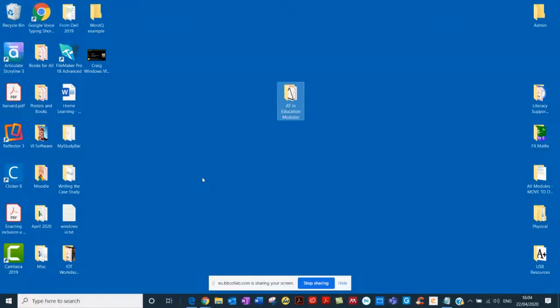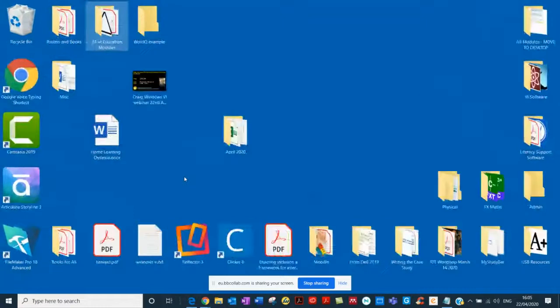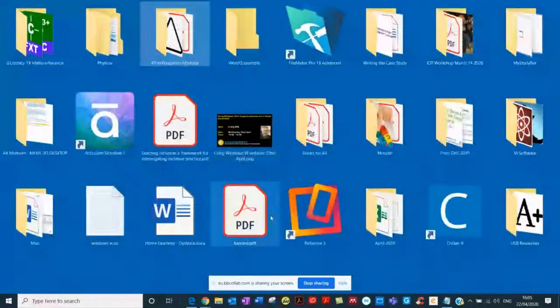Well, one of the first things you can do, and this has been around for a long time, and all I'm doing just now is I want to enlarge the folders on the desktop. And to do that, I'm holding down the Control key on my keyboard. So that's the Control key on my keyboard. And on my mouse, I'm using the scroll button. So hold down the Control key and scroll button, and you can see as I'm doing that, just that simple